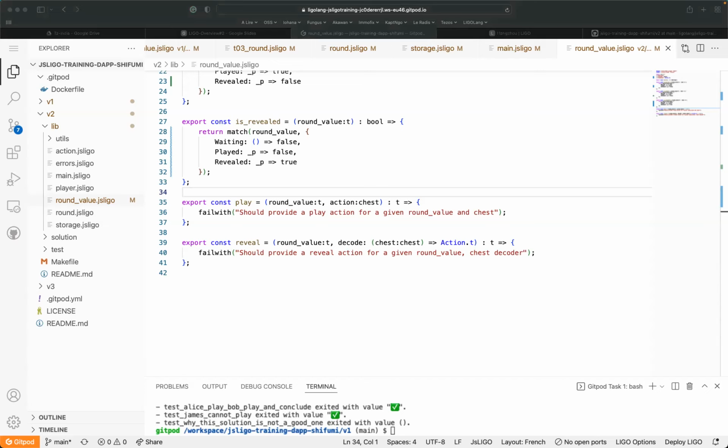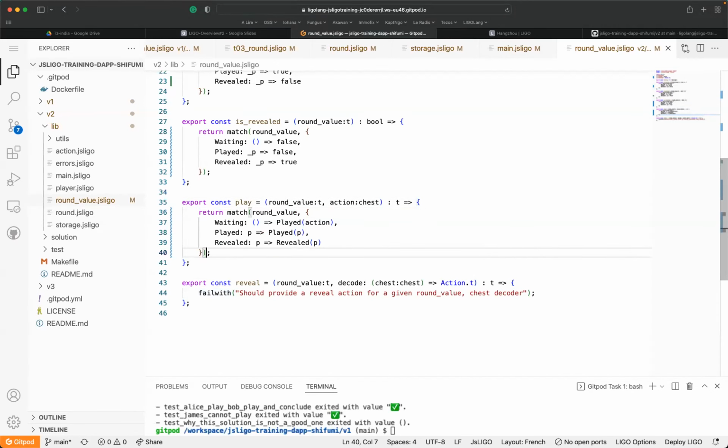So the play should be done simply by replacing this one by this code, which states the fact that if we are in waiting state, the next state is play with the action. Otherwise, if it's already played, we're still in played. If it's revealed, we stay in revealed.